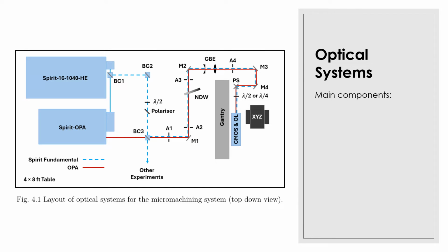So the actual optical layout of the apparatus I built is shown here. This is all built on a 4x8 foot table, and this is a top-down view. We don't really get to see the structure of the gantry, but the gantry is actually sitting